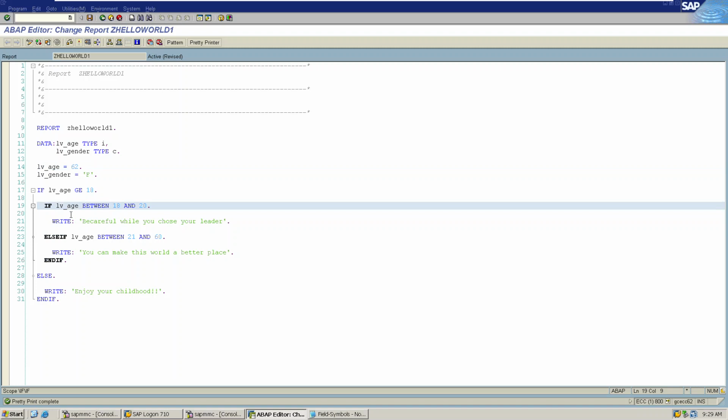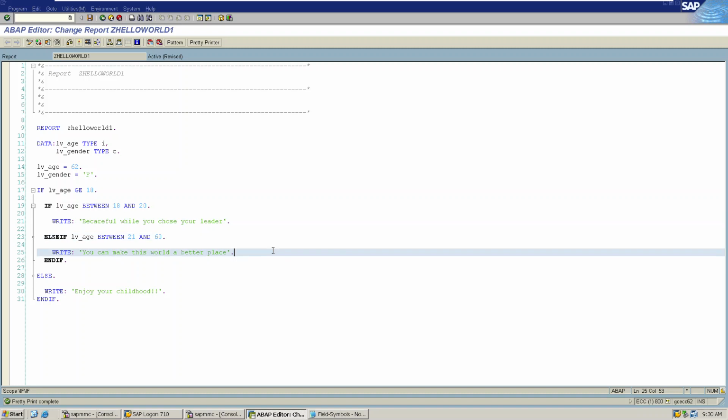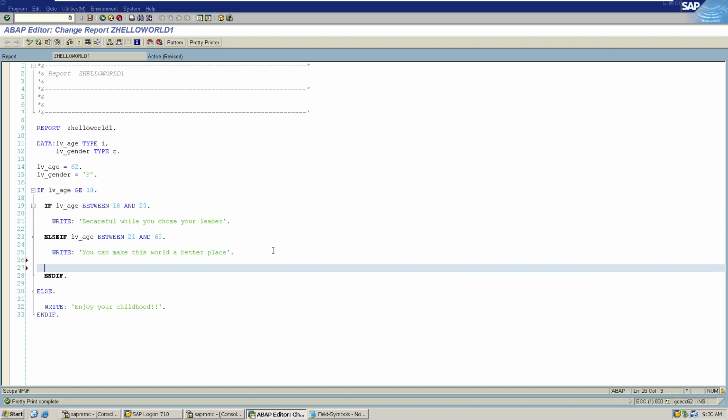Then I am saying if the age is between 18 and 20, then we are going to write this one. If it is in between 21 and 60, then you are going to write this one. Else